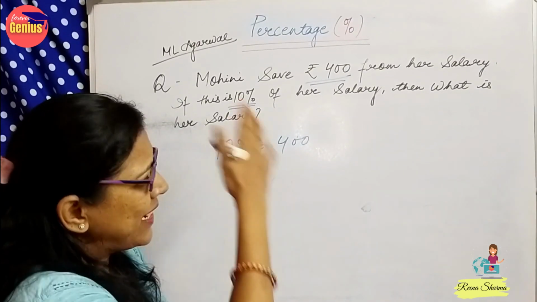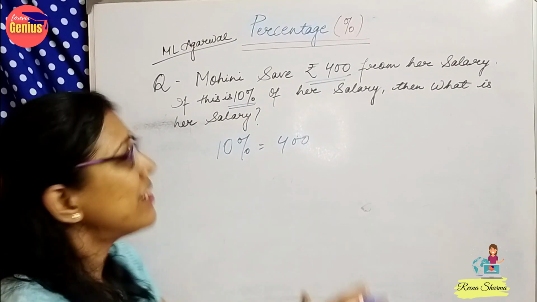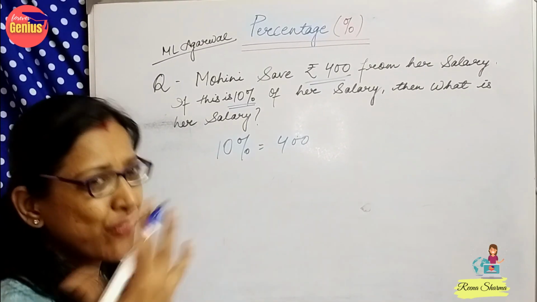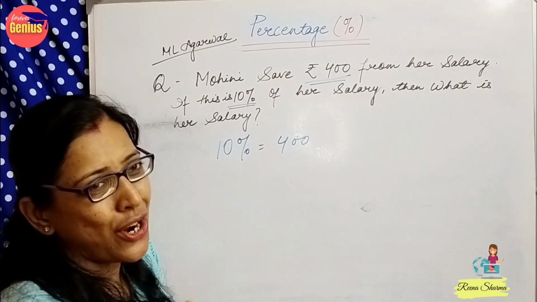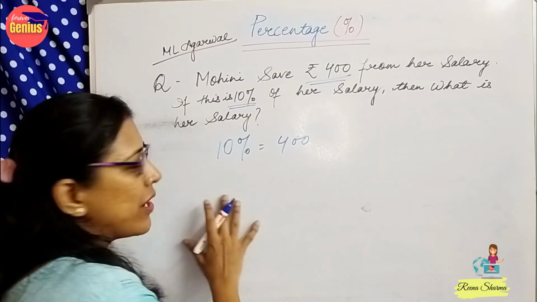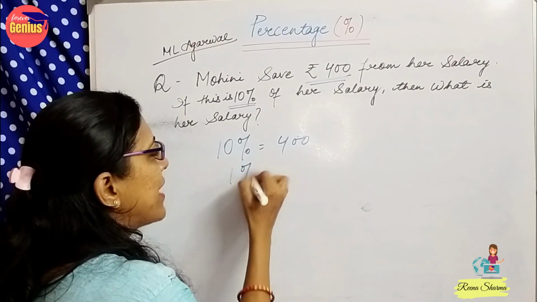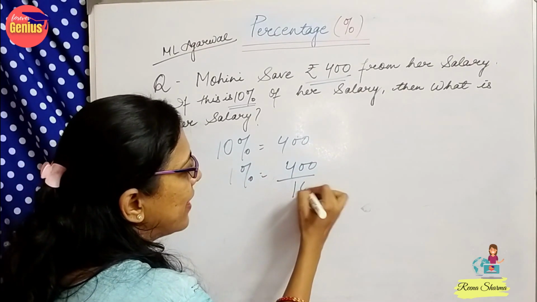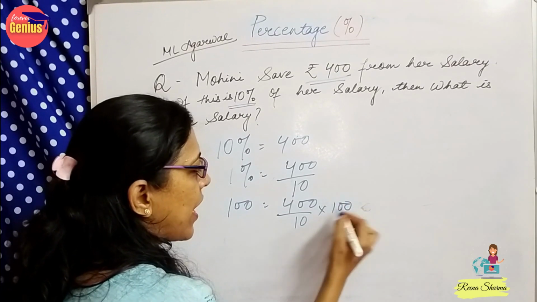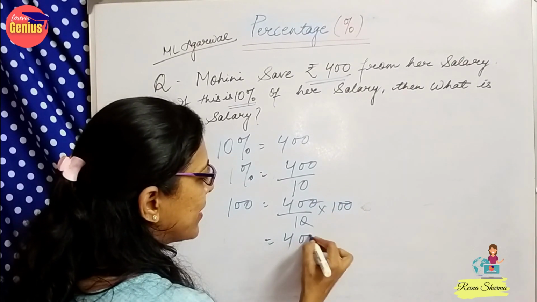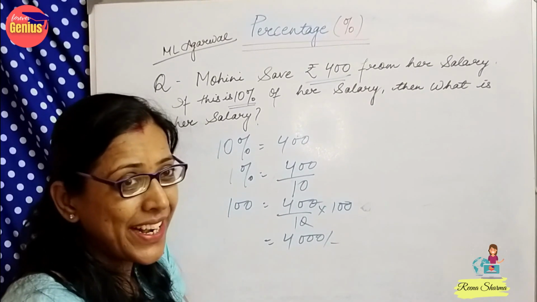Now I hope these types of sums are just like ease for you all now. You can do them within a fraction of seconds. So just for the sake of practicing, we are doing this one more sum so that you can be rest assured of yourself that yes, we can solve any question related to these types. So 10% is equals to 400, 1% is equals to 400 by 10, and 100% is equals to 400 by 10 into 100. This is equals to 4,000. Wasn't it so easy? Yes, ma'am, it was so easy.